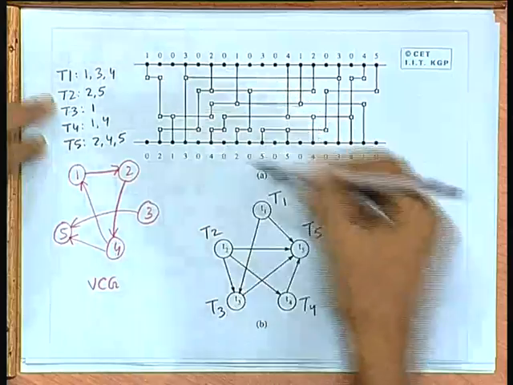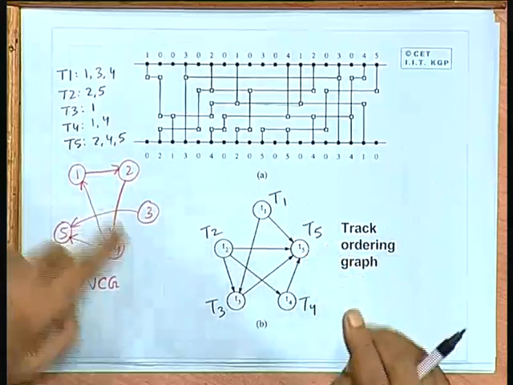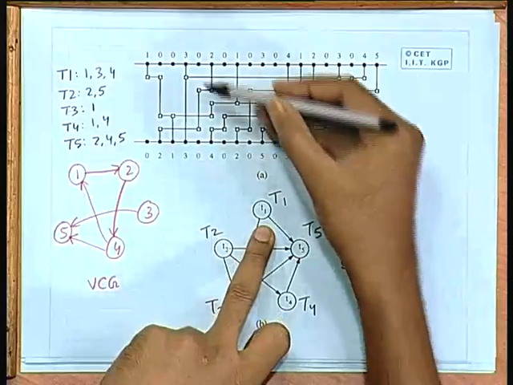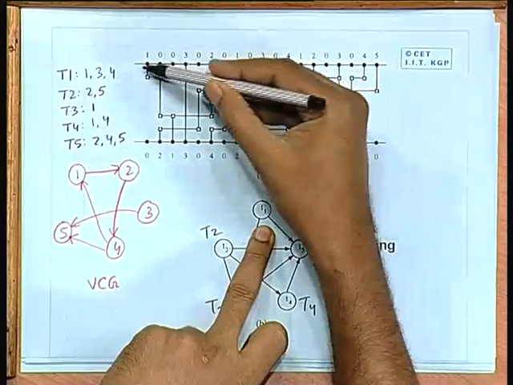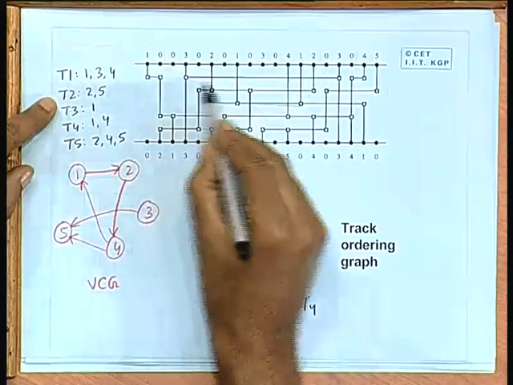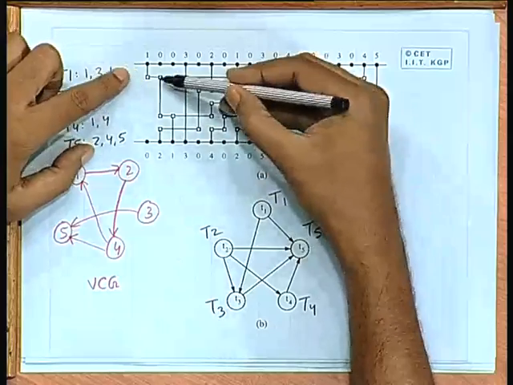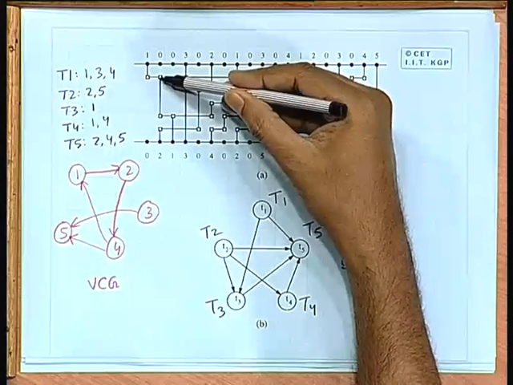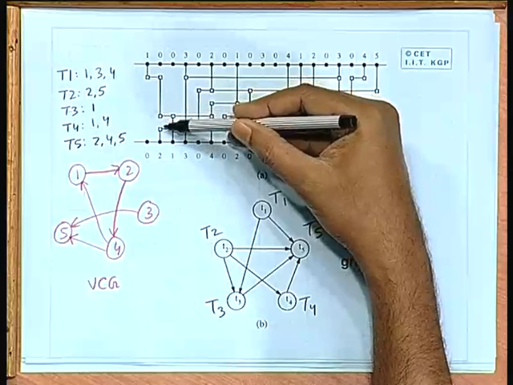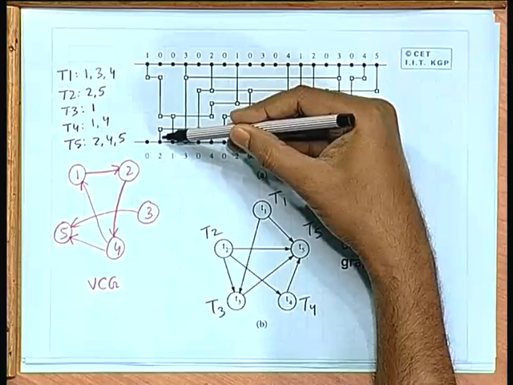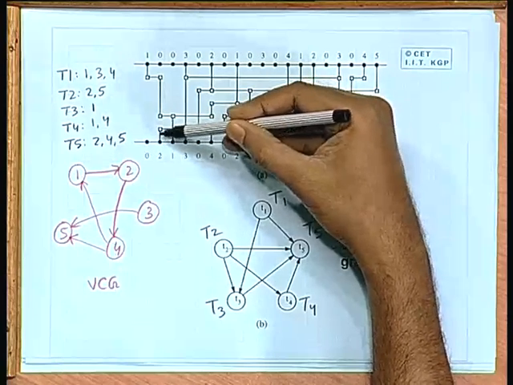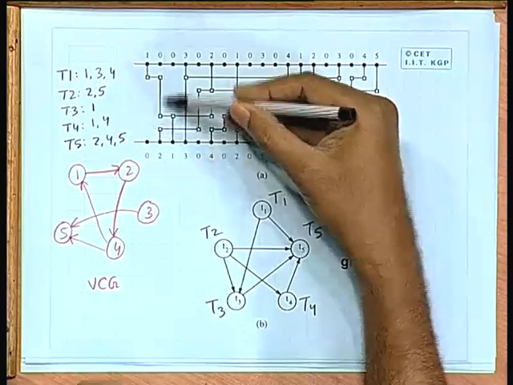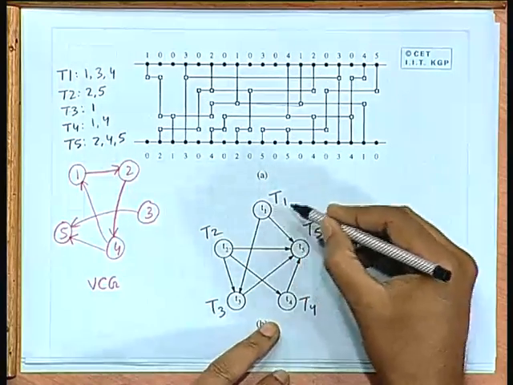Just inspect this solution and find out. You need not look at the VCG originally. See, from T1, this is your track 1. Track 1 says, for example, in the first column position there is nothing, in the second column position there is no constraint as such. Well, there is net number 2 in the 5th track. So, there will be an edge from T1 to T5,